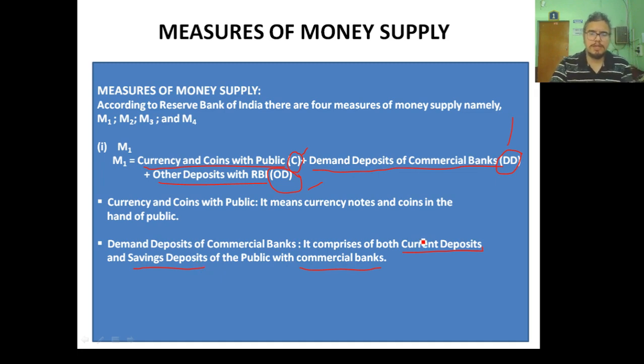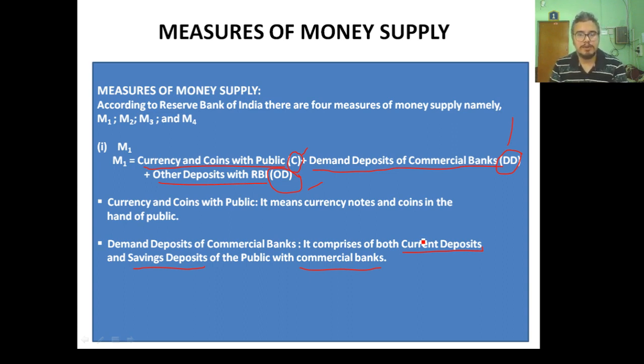Current deposits are usually kept by businessmen. It is not meant for ordinary people, but ordinary people can also have a current account deposit, but it is more suitable for business people, businessmen or women, to save their money in current deposits. It is so because current deposits have some facilities which are most suitable for the business class. For example, you can deposit money as many times as possible in a day. You can withdraw money as many times as possible in a day.